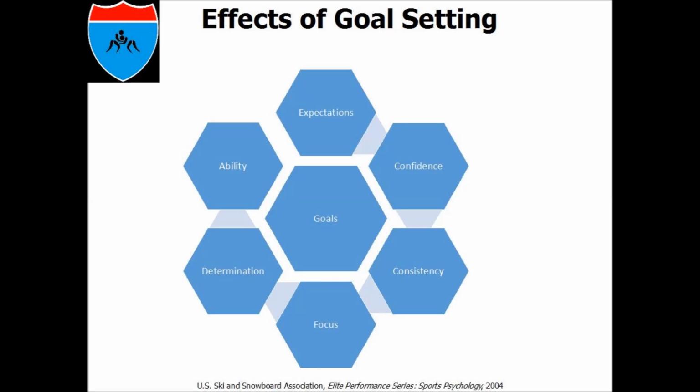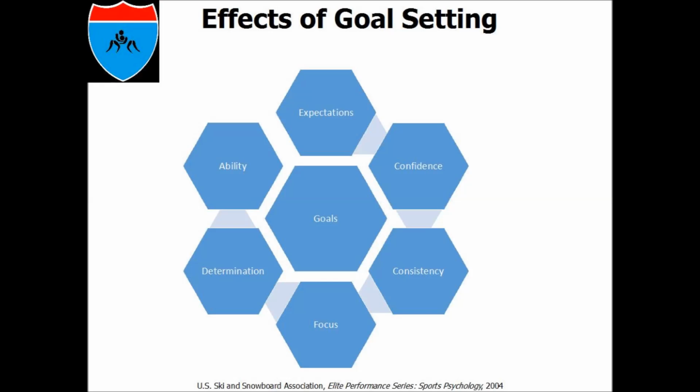Effects of goal setting. Again, I put goals in the center there because I think goals affect every single category on that page, and they kind of lead into each other. If we understand how goal setting works in our mind, we can build our confidence. If we consistently are doing them over and over again, that's going to increase our focus and our determination. And if those 2 categories are fulfilled, now our ability actually increases, and then our expectation for the next goal may be even higher. So they kind of work in a succession, where if we continue to do these things over and over and over again, you'll just continue to have higher and higher expectations, which again is going to start that circle of success all over again.